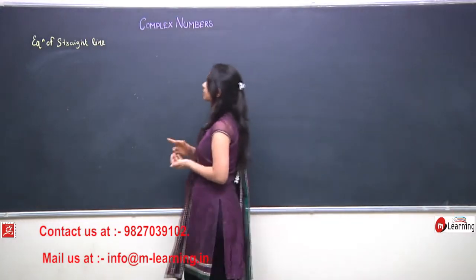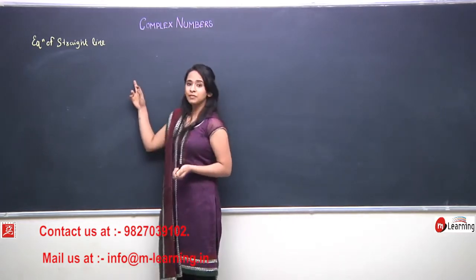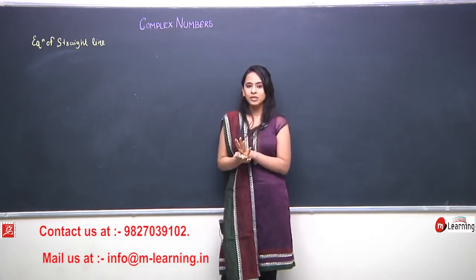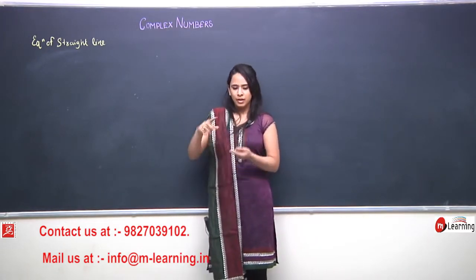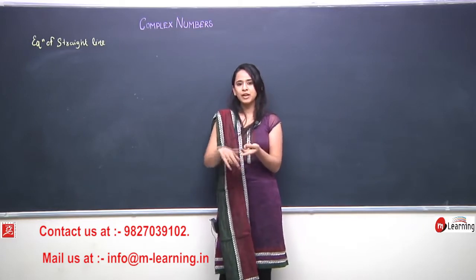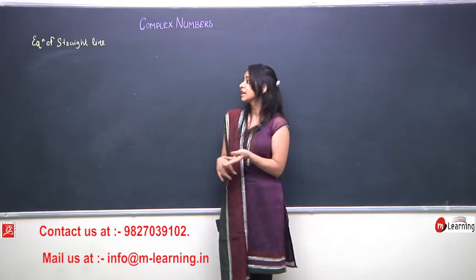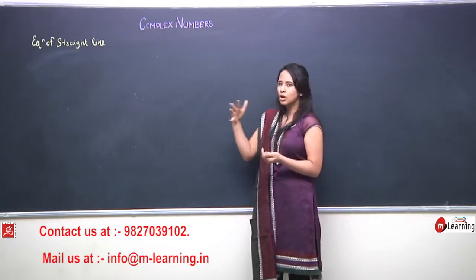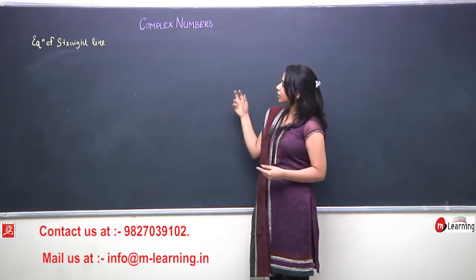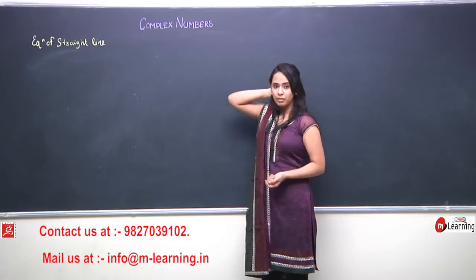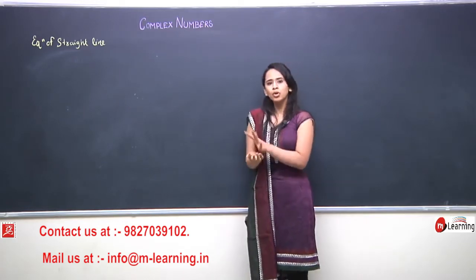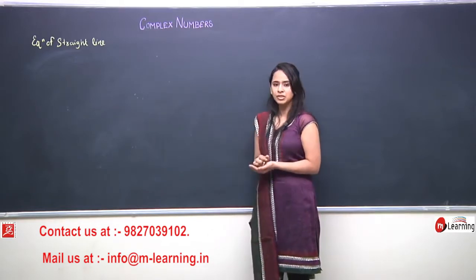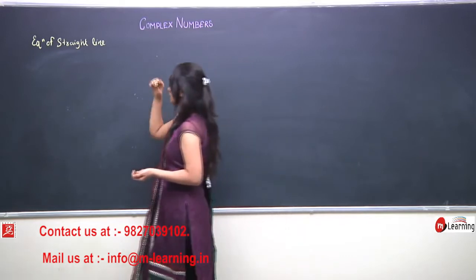Now, the next topic that we are going to start is how we can find the equation of a straight line in case of complex numbers. We already know how we can find the equation of a straight line in case of real numbers. We used to have a parametric equation for a straight line, a non-parametric equation for a straight line. Then we even used to define conditions for collinearity, for finding the area of a triangle, and so on, lots and lots of properties. We are going to derive all these properties even in case of complex numbers, and we will even discover that most of the properties resemble or are similar to the equations in case of real numbers. So let us start.